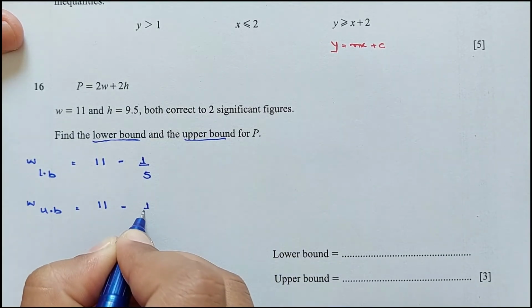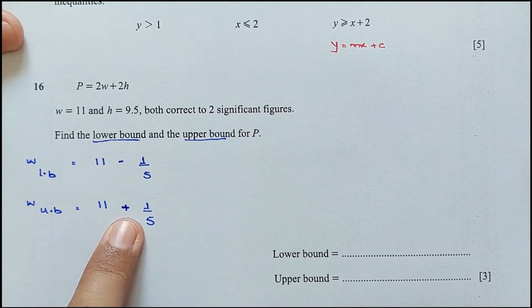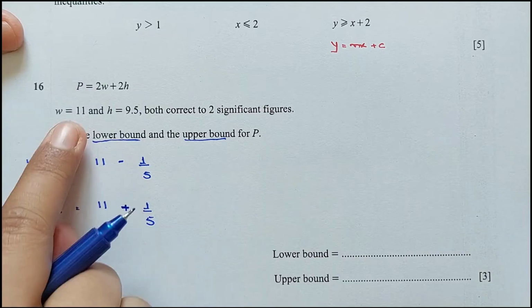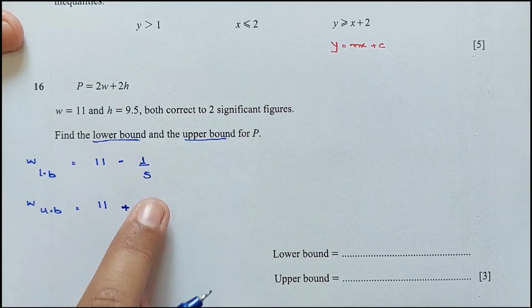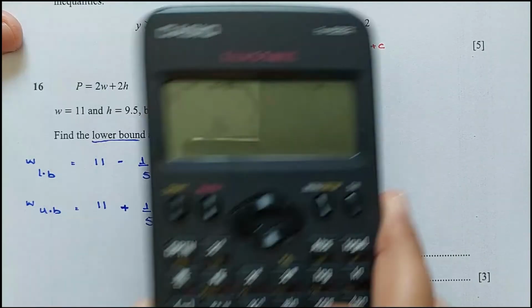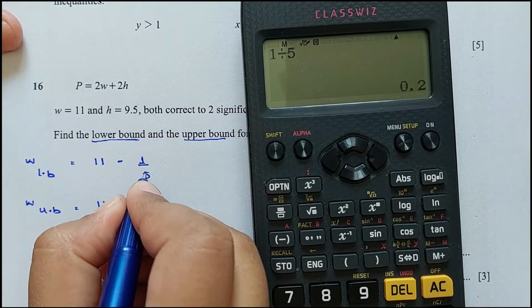The degree of accuracy is 1 by 5, so it is add, sorry. In upper bounds we have to add, and in lower bounds we have to subtract. The number is 11, the degree of accuracy is just a whole number, so it is 1 by 5, adding and subtracting, so we know it's not 1 by 5, it's half, 1 by 2,